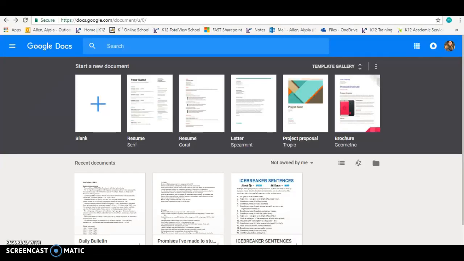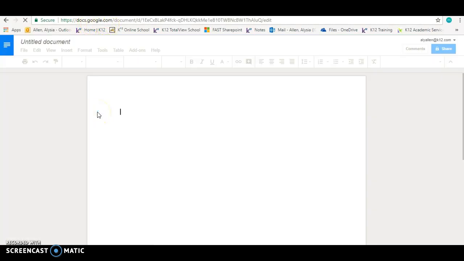If you're having any issues downloading and opening Microsoft Word documents, and if you have some familiarity with Google Docs, this might be a really good option for you. If you click on blank to start a new document, I'm just at docs.google.com. Click on blank,